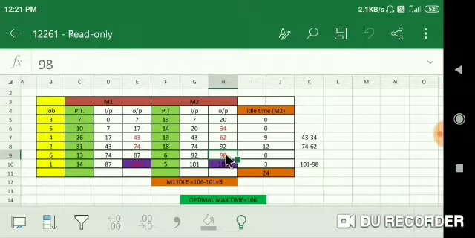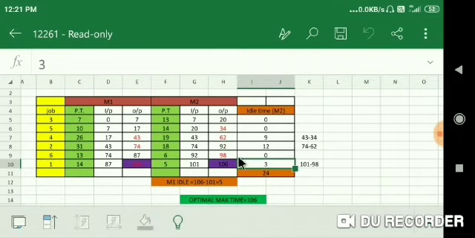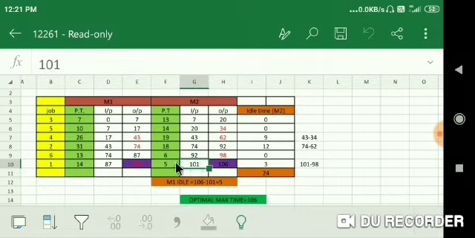Now next, machine M2 completed its work in 98 minutes, but we are getting output from machine M1 after 101 minutes. So the same thing happens here: we can't start at 98. Machine M2 will remain idle for 3 minutes. So now we start work on machine M2 from 101. The processing time is 5. So 101 plus 5 is 106.